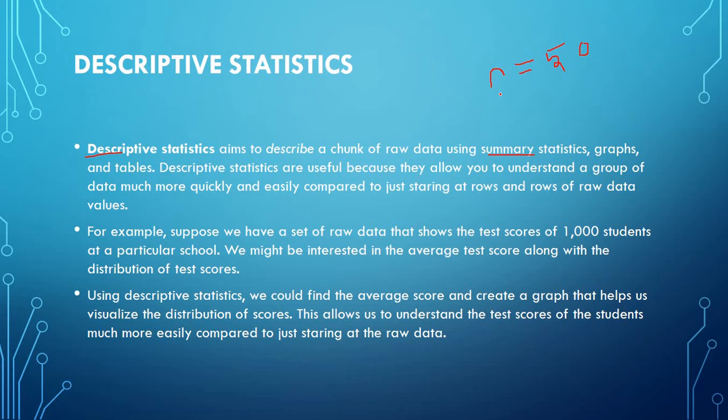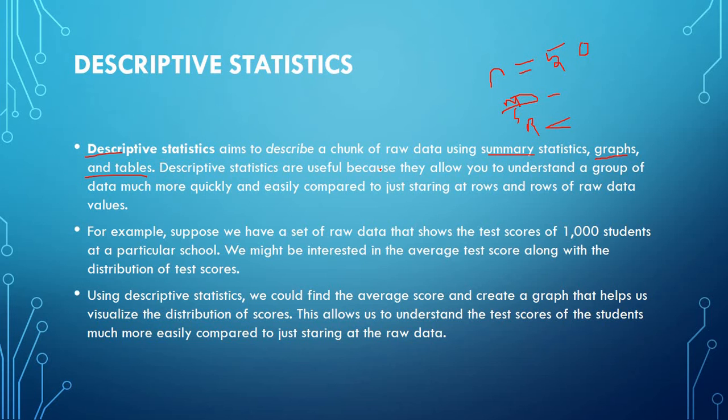For understanding the data set, first you will find the descriptive statistics. When you find descriptive statistics, you will get some mean value, some standard deviation or some range. When you find the mean value, then you can easily say the average of student marks. When you find the range, this is the highest value, this is the lowest value. When you find the standard deviation, we can say this much variation is present in the marks of students. All these things you can represent graphically, and we can also do tabulation, table representation. We can see one example clearly also.